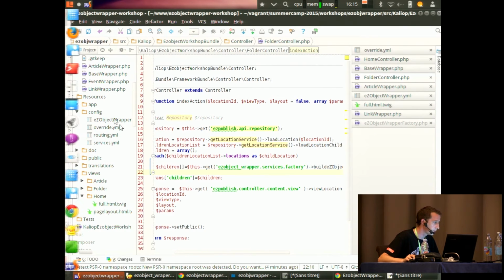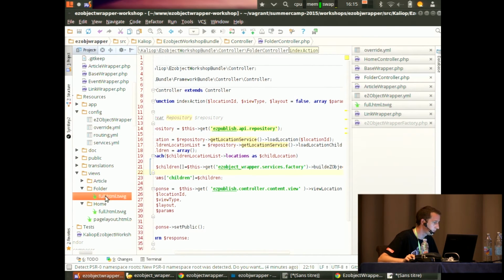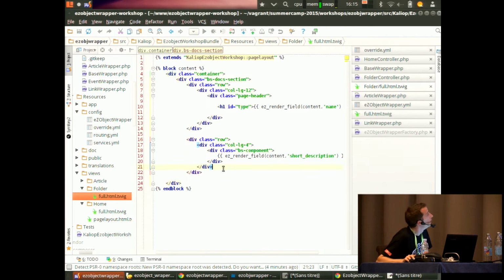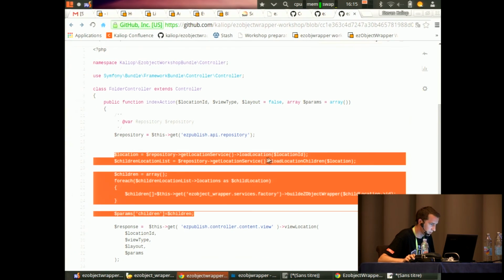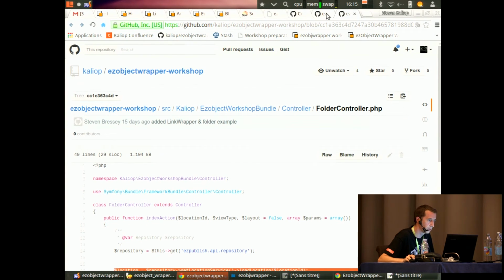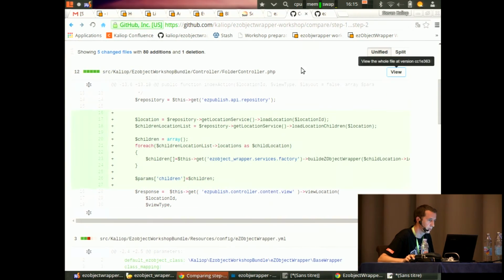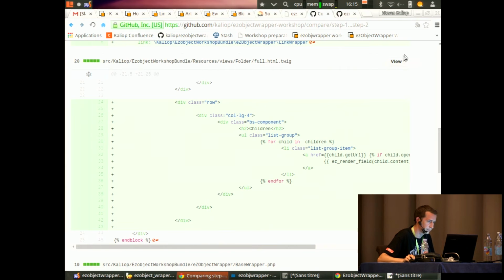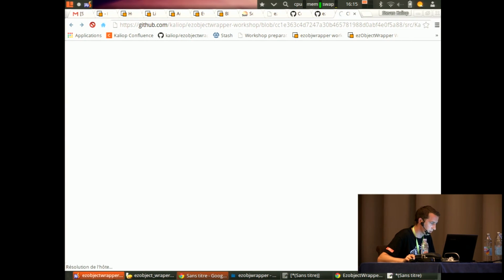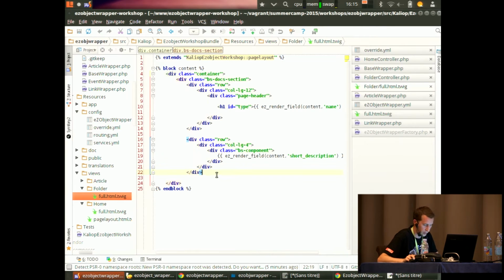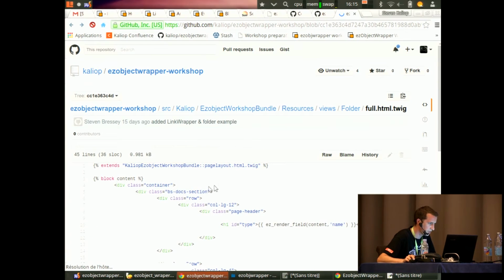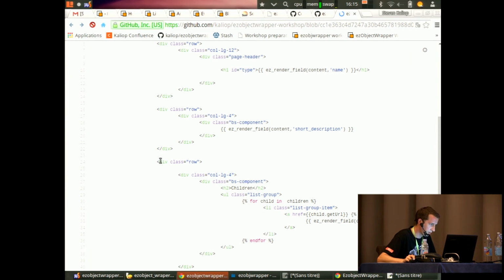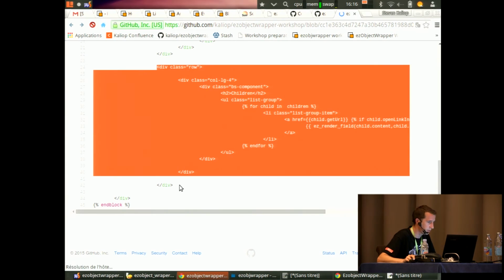And then in our folder full view, we will make a link. So here, I'm going to add, I think it's after a description, or it's instead, yeah. Okay, after the description, I'm going to add